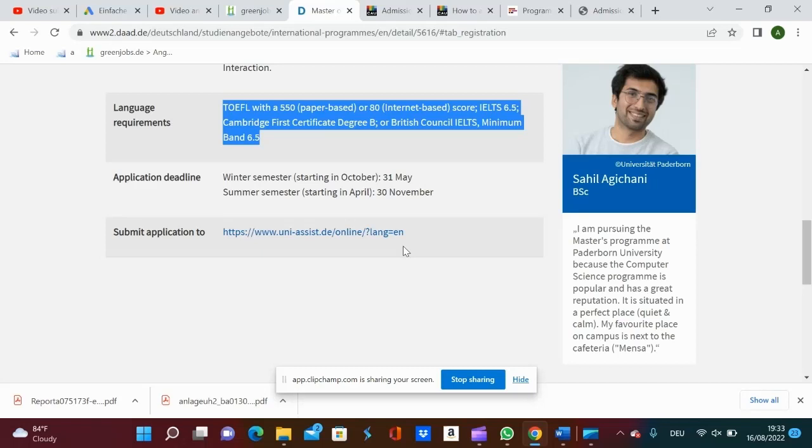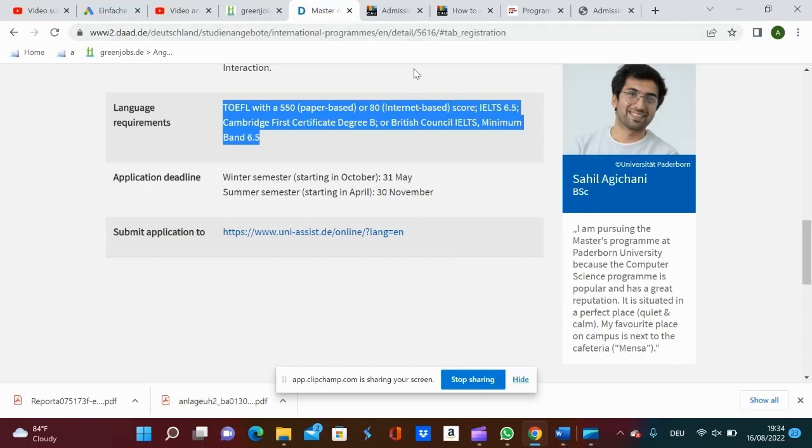You have to pay for it. It is not free, right? Okay, so this is how the link looks like. You can search for the course you want to do in the link, and this will actually help you.